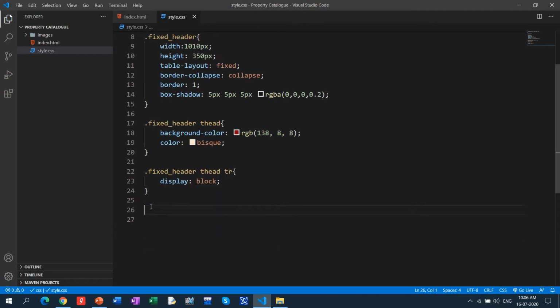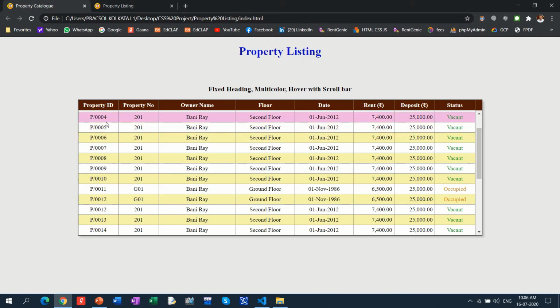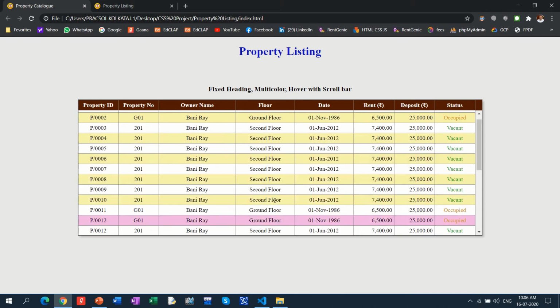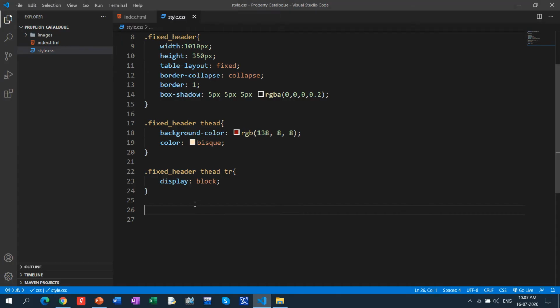Now the question is, this is fine. Another thing is that the alternative color is required, no? Here we are having an alternative color. The first row is white, the second row is a bit bluish, sorry, yellowish, again white, again yellow, again white. For that we have to write a small code.